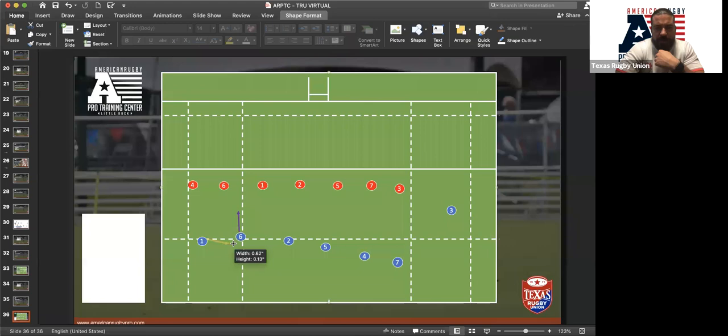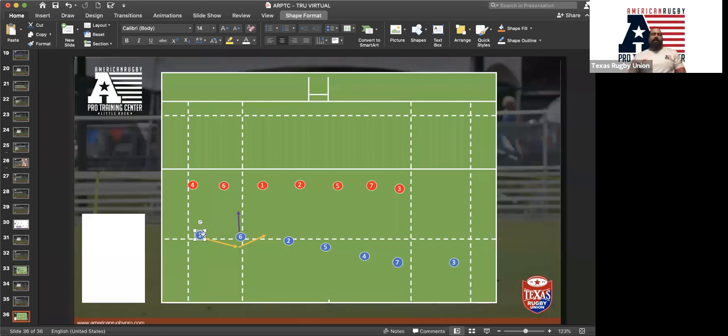Yeah, it's pretty self-explanatory, right? We're literally just looking to loop around and come around the 6. So that's a really easy way to create an overlap. If we look at this right now, we've got 1, 2, 3, 4, 5, 6, 7 players, but right now it's 7 on 7. So the loop is just to create an extra number to come around that corner. And now we have an overlap. So really basic stuff there as well with the loop.